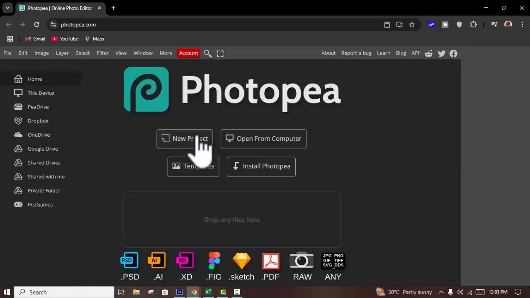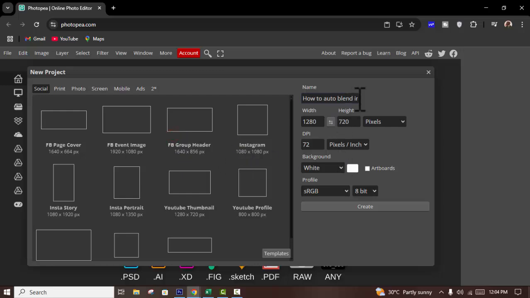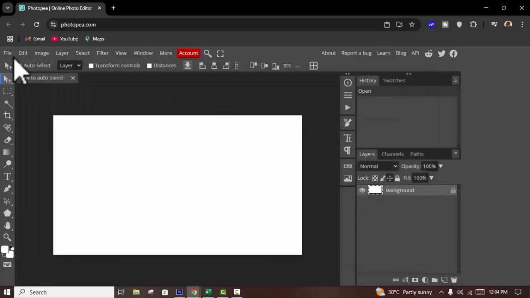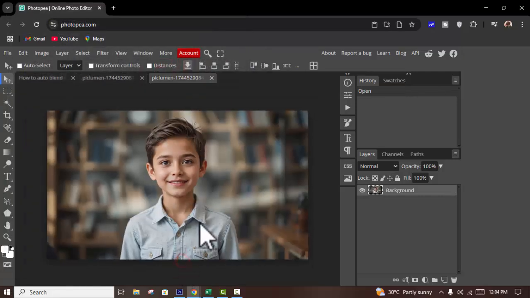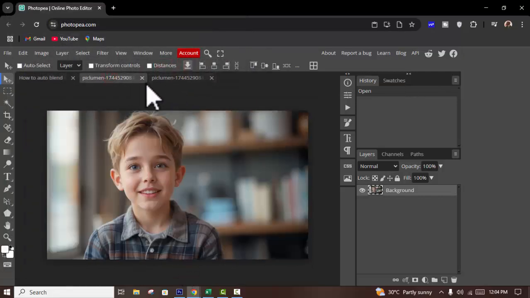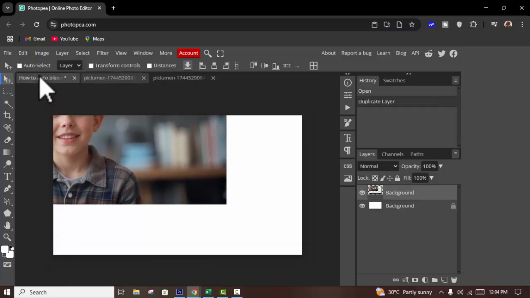Let's begin. First of all, create a new project and open two images. Hold Control. For example, I use two images, 1 and 2. Okay. Then select the Move tool